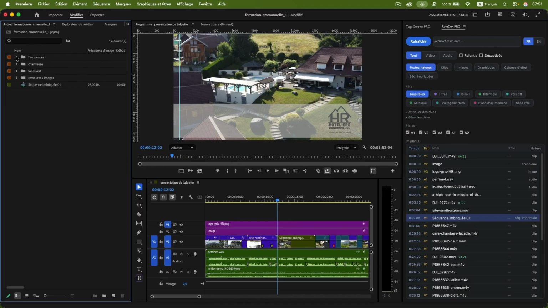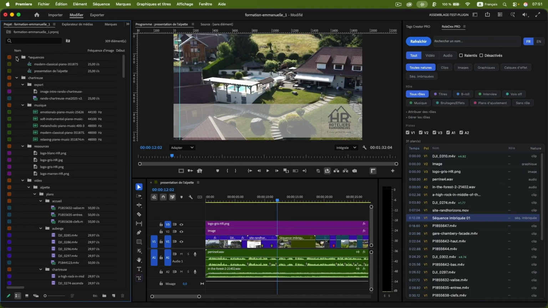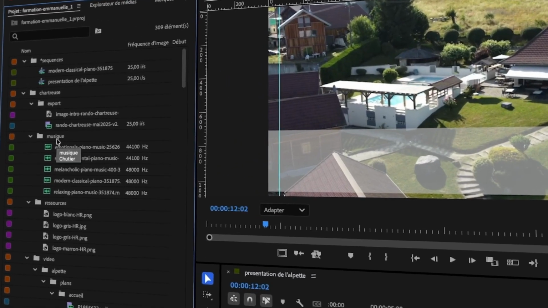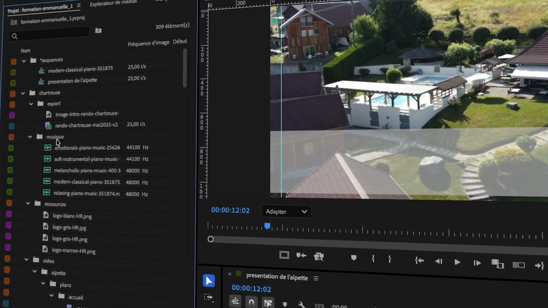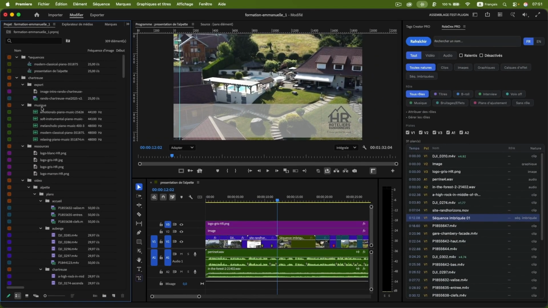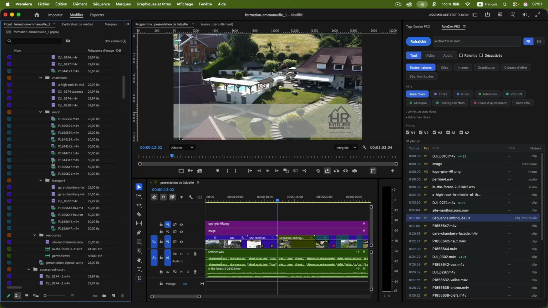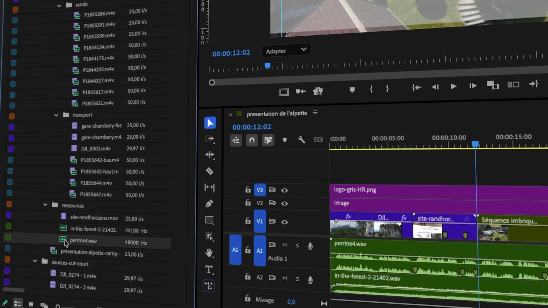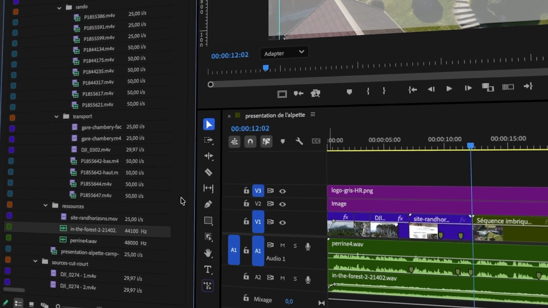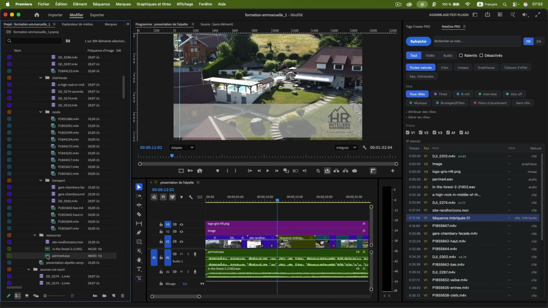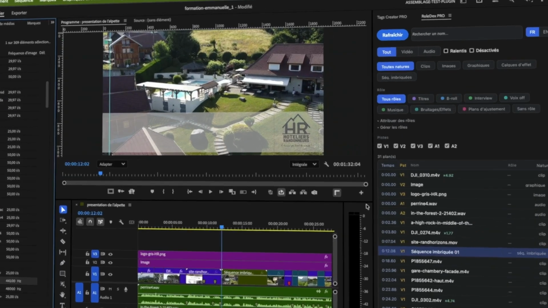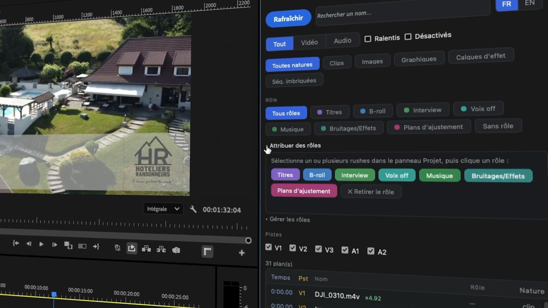For that, I'm going to open all the elements. You can see here there's the music bin, and I would like to find all elements specifically with music roles. Further down, I find the voiceovers, which are marked differently from the music in question. For example, here is the voiceover Perrine 4. It just so happens that this music and the voiceover just below it are in this sequence. Well, this time I'll be able to select the music in question, go to the section "assign roles",